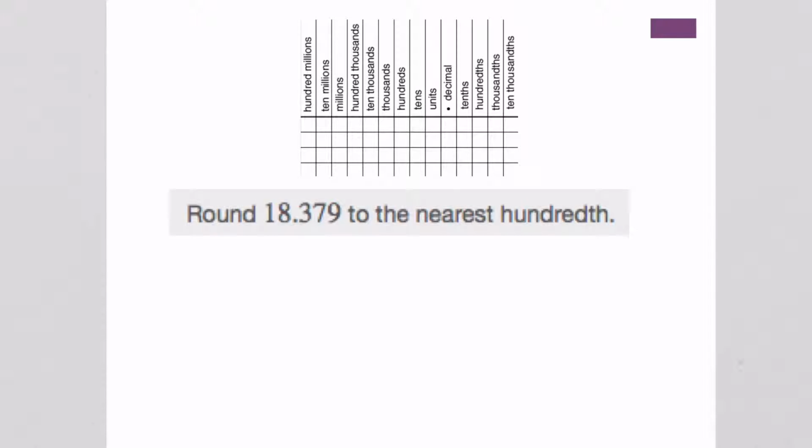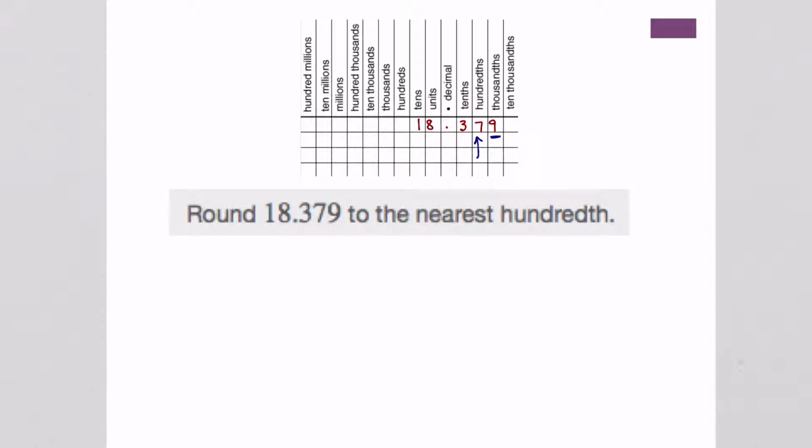Okay, I put that picture back up there because I want you to see 18.379, and we're going to round that to the nearest hundredth place. So 18.379. Now, what you want to do, according to the previous page, you want to locate the hundredth place. And the hundredth place is right here. Now what you do is you look immediately to the right of the hundredth place, and let's underline